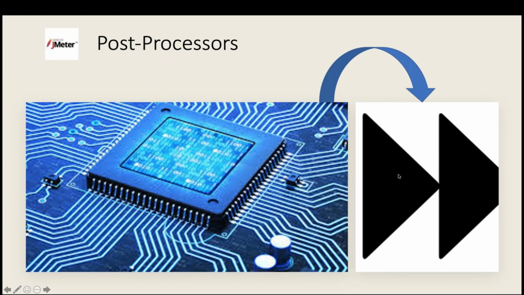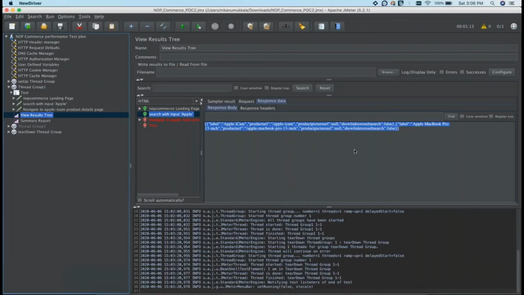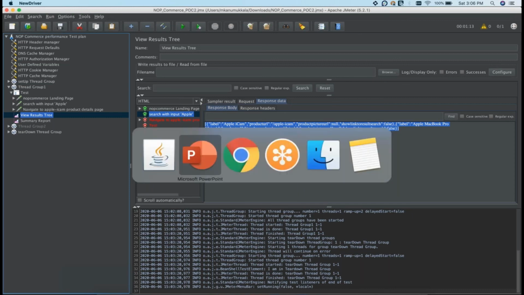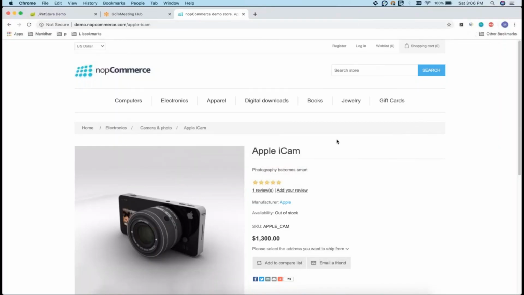So there are many post processors. One of the examples we are going to see is extracting the JSON object or JSON data. In the same way, we can extract many elements, including UI data, whatever we are trying to get. We can extract using XPath, we can extract using the CSS selector, we can extract the JSON, we can extract some tokens.